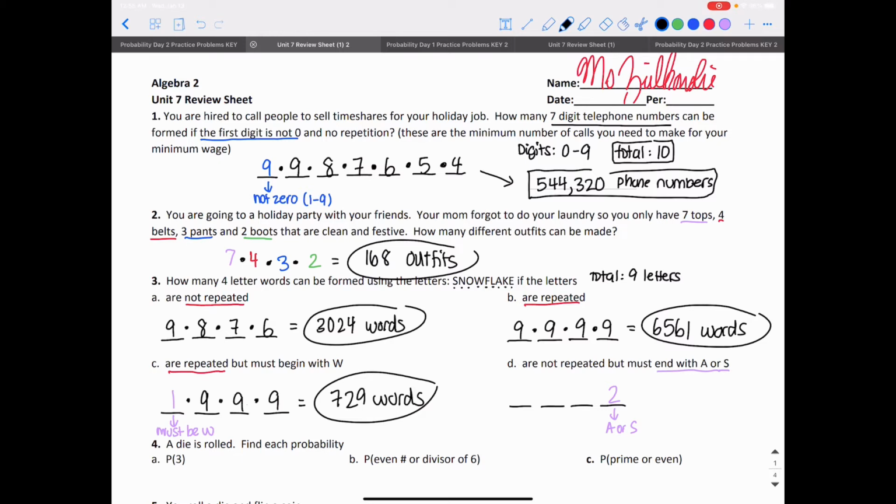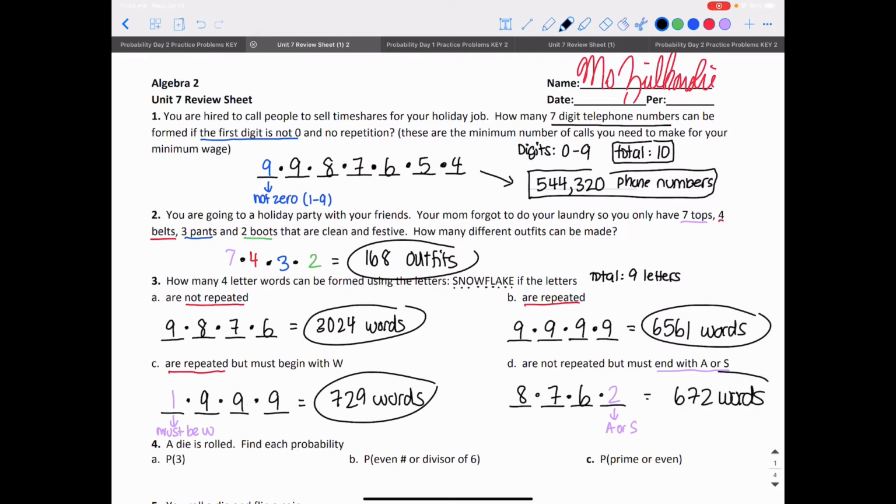After I choose the last letter, I'm going to choose the other ones. So I'm going to start with the first one here. After I choose A or S for the last, I'm only going to have 8 letters left to choose from. And then after I choose those 2, I'm only going to have 7 left for the second letter and 6 left for the third. And then I'm going to multiply all of these together, and I'm going to get 672